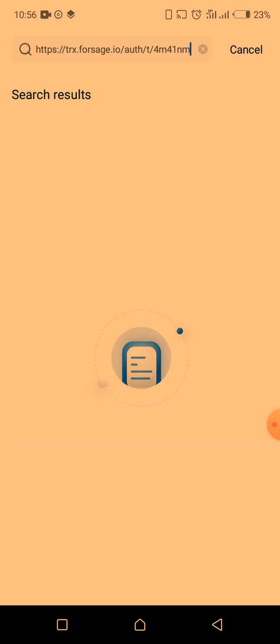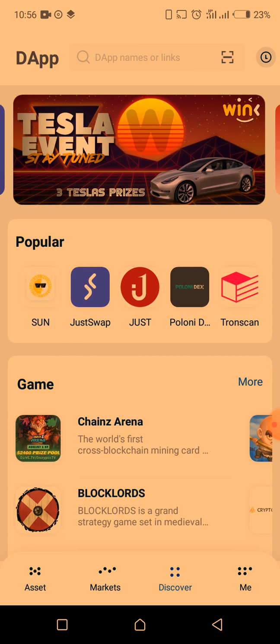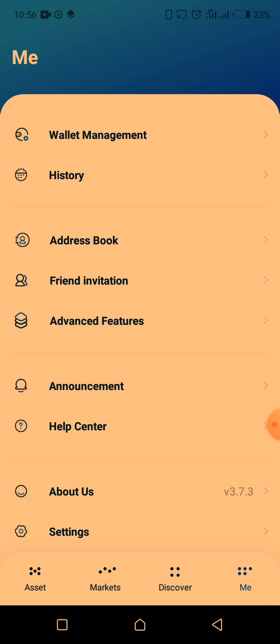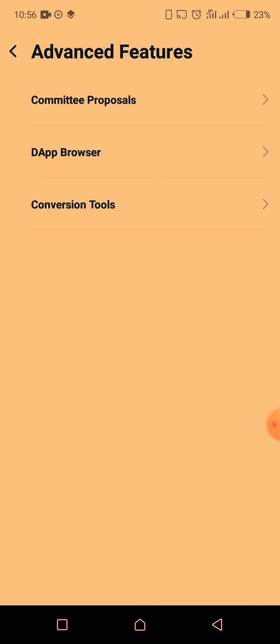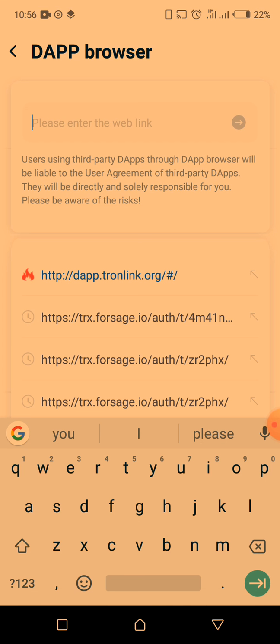So let me show you a trick that you are going to use. Just click on Me. Once you click on Me, click on Advanced Features. Once you click on Advanced Features, click on the App Browser. Once you click on the App Browser, just paste in my referral link. Once you paste that in, just click on this and that's it, you are in. It's going to prompt you and take you